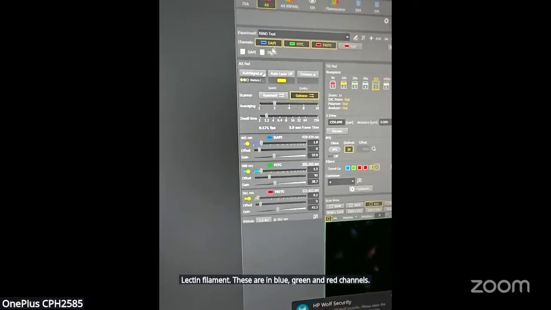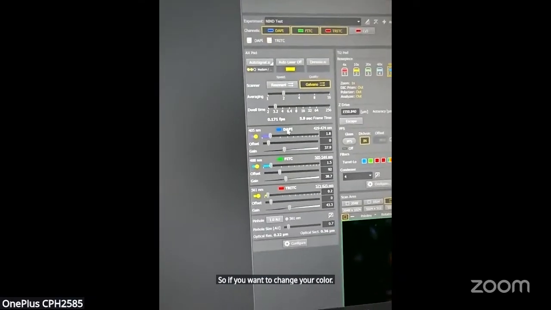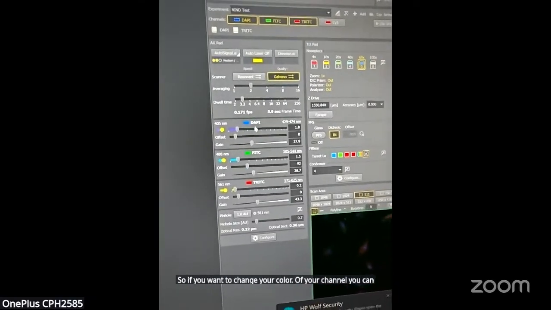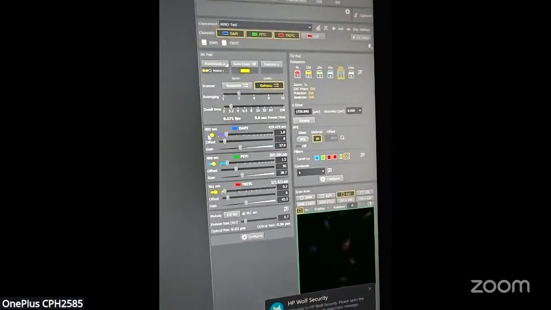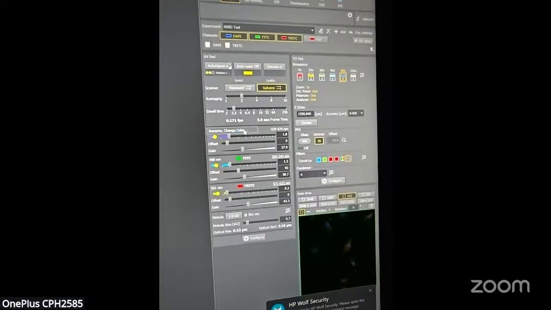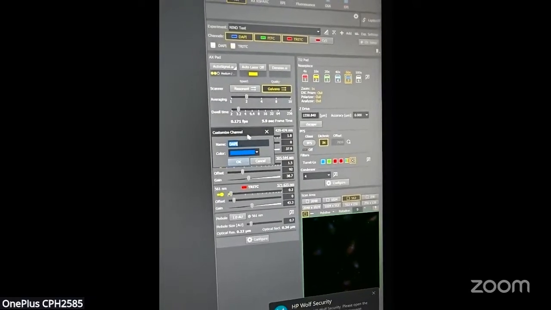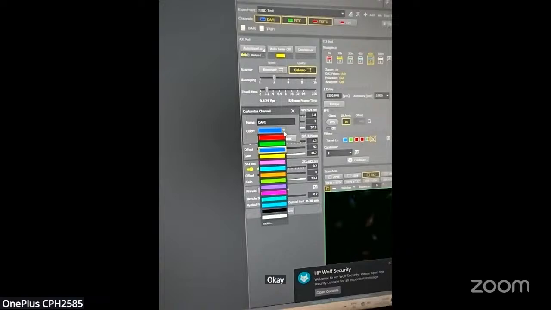If you want to change the color of your channel, you can change it from here.